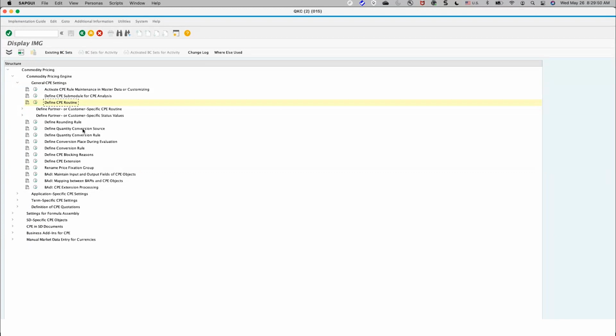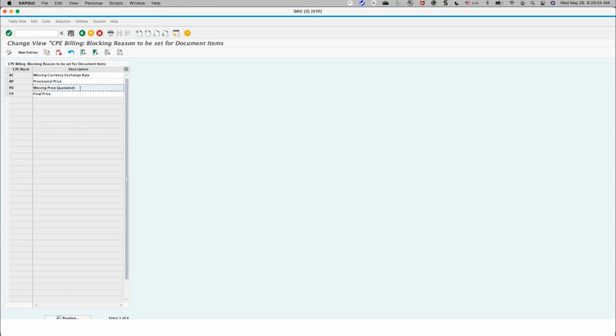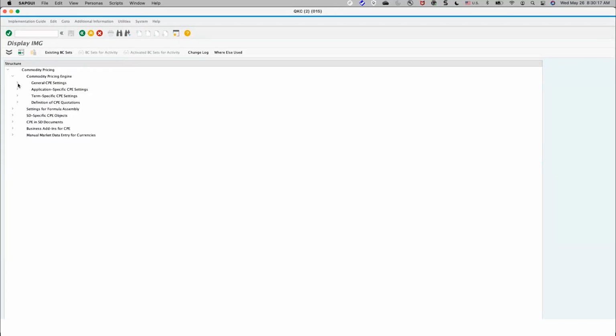Okay, and anything else? Yeah, blocking regions. So this is a place where you define the blocking region, and these are the ones which are being used: the missing prices or the provisional price, and the missing currency exchange rates. So the missing data can be because of missing price or missing exchange rates as well. So that's why we have different type of blocking regions. And if you do not want your document to be blocked,